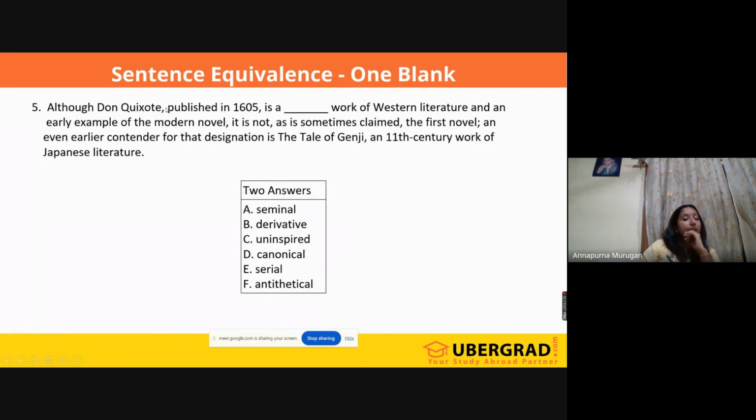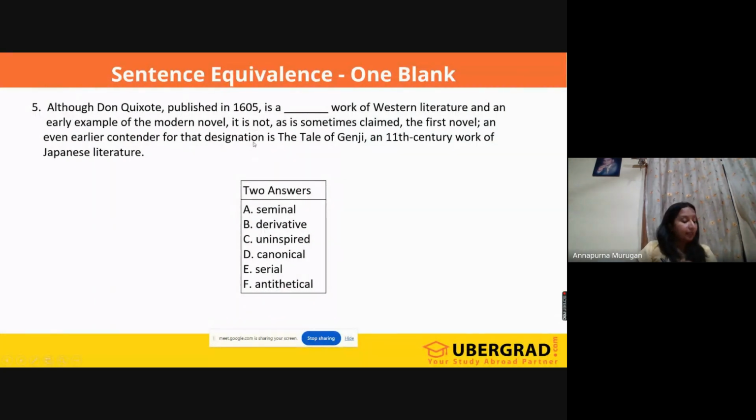Even though Don Quixote was published in this year, it is some important work of Western literature. Why am I saying we need to have important here? Because they are saying it is an early example of the modern novel. If it is early, in the sense of the first example of the modern novel, then obviously that work has to be important, right? So therefore, I can think of the word as important. But however,